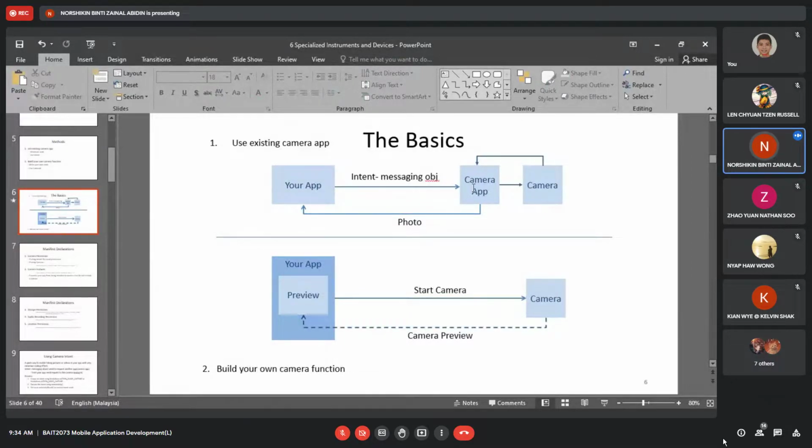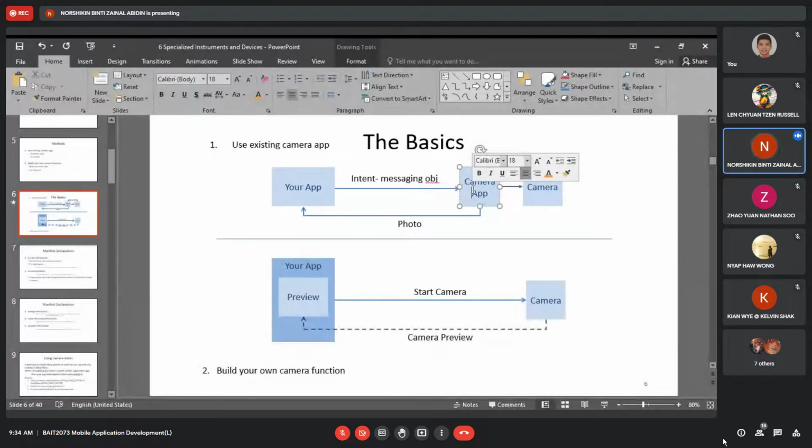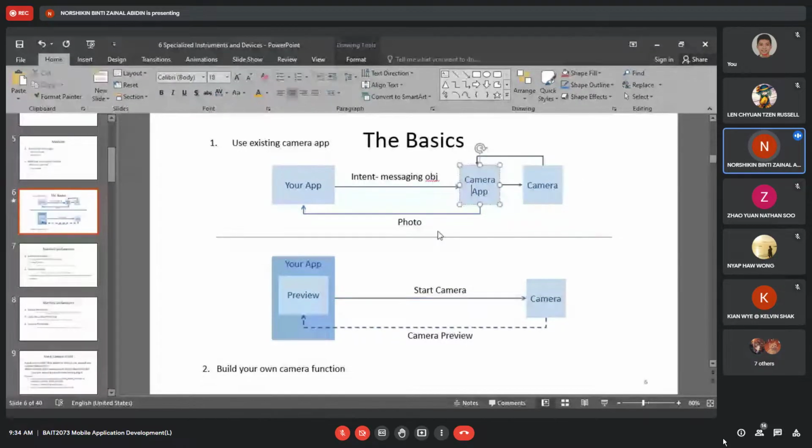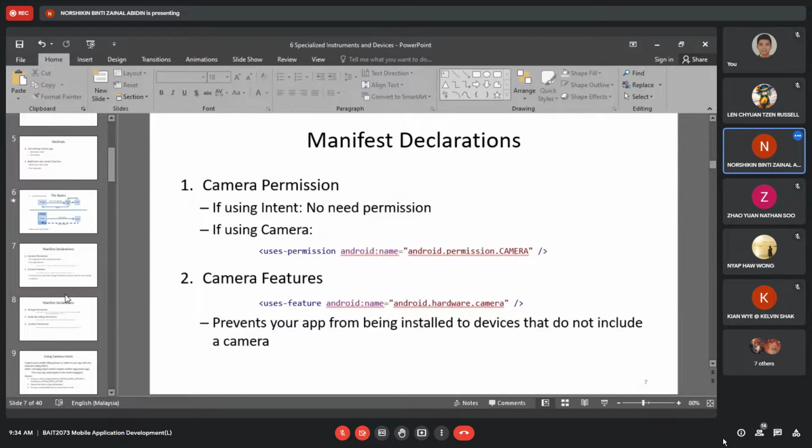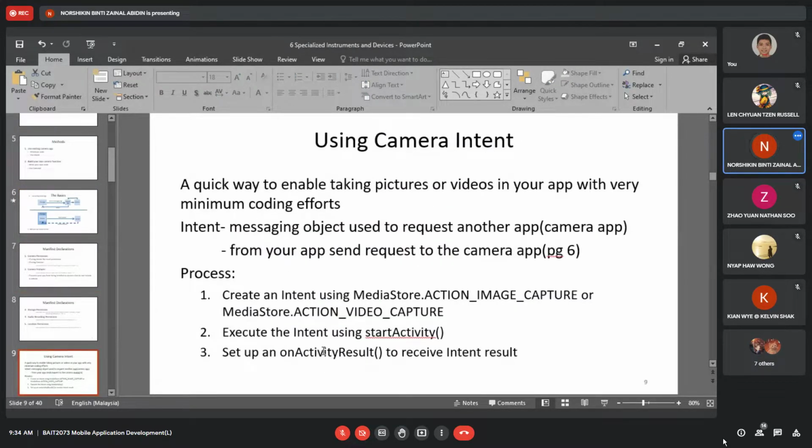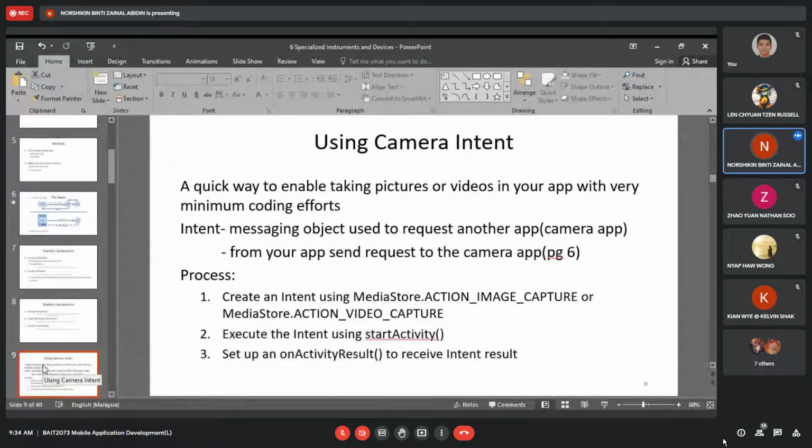After you already process, this camera app will send a result, or just now I used the term respond to your request. So the response is this one. Activity result to receive the intent result. Basically, your app sends a request and then the camera app sends you the result. So this is the process using camera intent. Using camera intent, that means you don't have to build your own camera function.